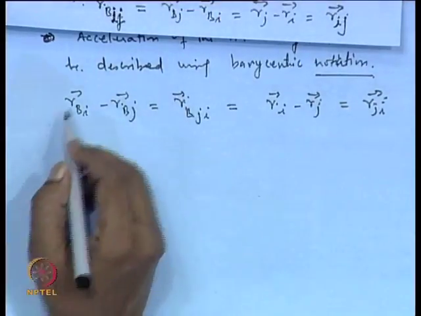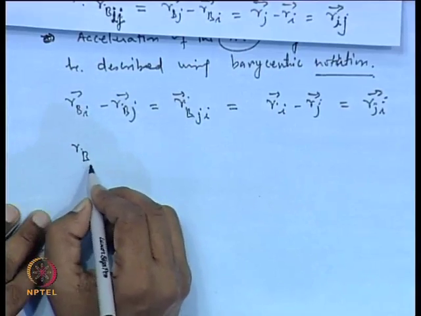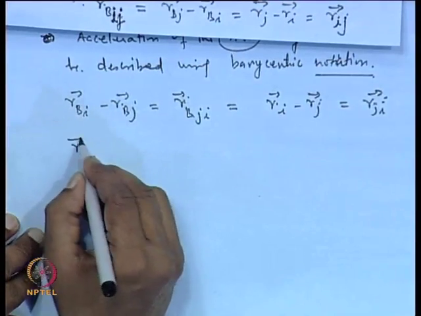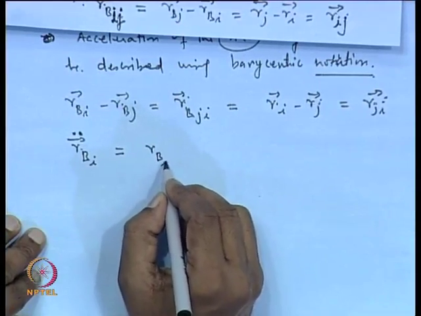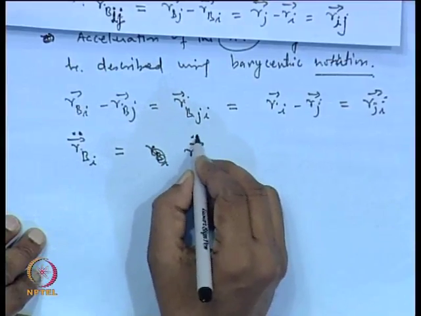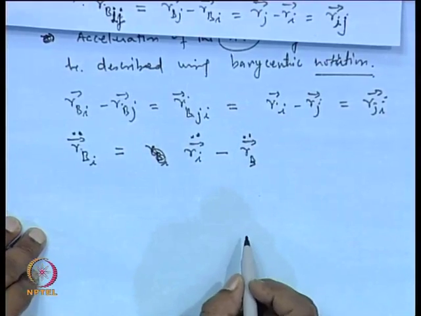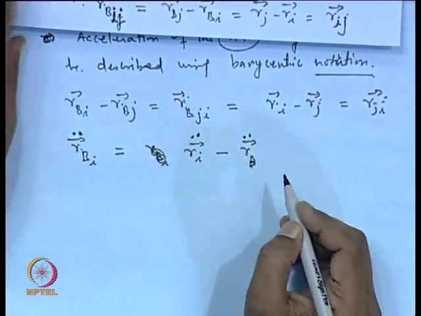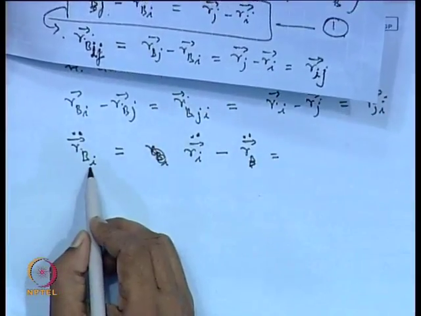Okay. Now, if you look into the acceleration of the ith body, from here we can write the acceleration of the ith body. So, R_BI double dot, this can be written as R_B R_I minus R_I double dot minus R_B double dot. Now, we can check from the above equations that we have developed. This is R_i minus R_b. So, this we have written as R_bi.